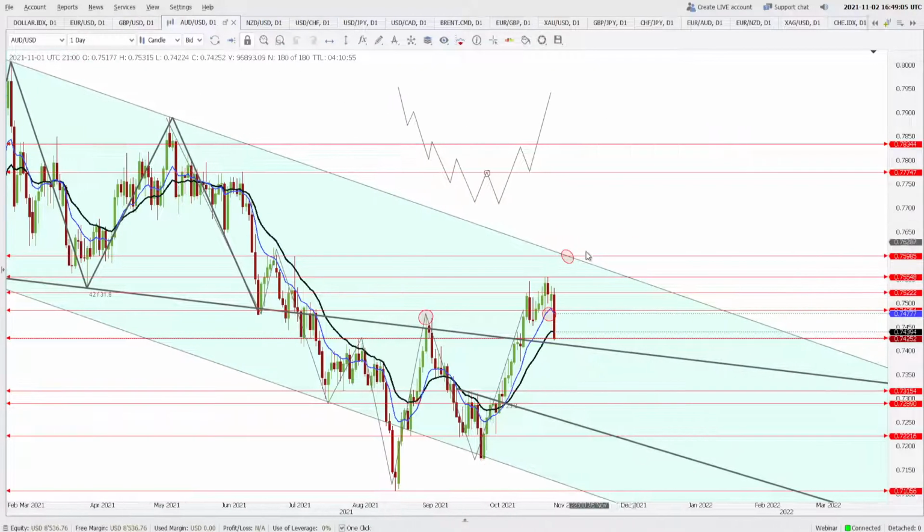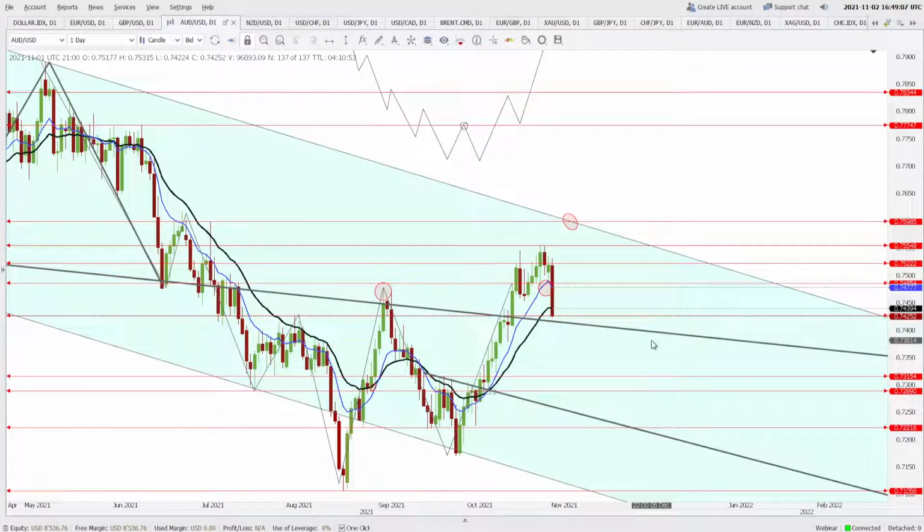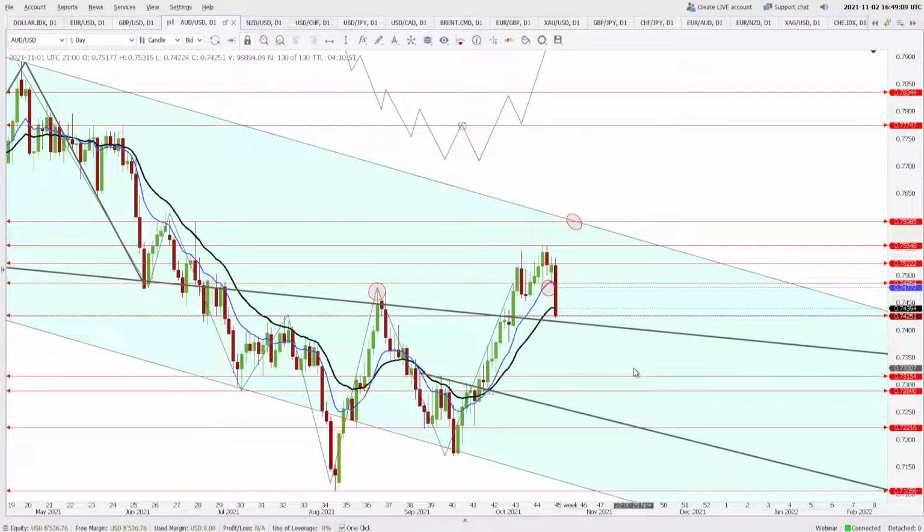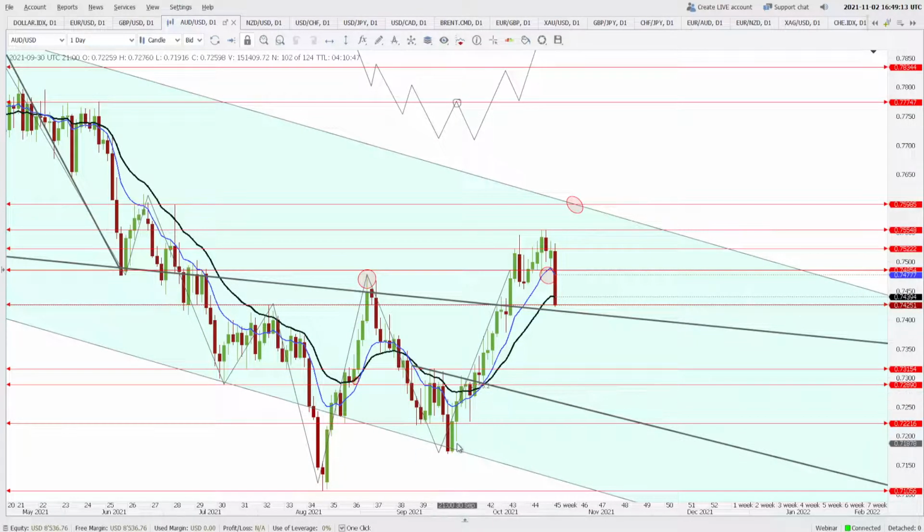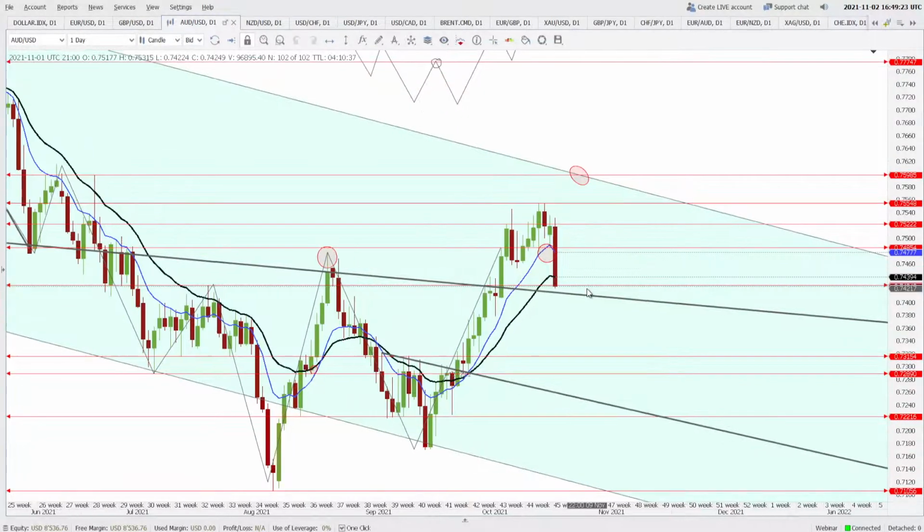Talking about the Australian dollar, today there was a RBA rate decision and they did not change anything, although there was a hype in the market that they will change the rate, and so people were buying the Australian dollar for nothing. So if there is a bubble, it has to burst if the expectations are not met. So the expectations did not meet, so the Australian dollar is here, 0.7522 to 0.7422, so almost 100 points now, and